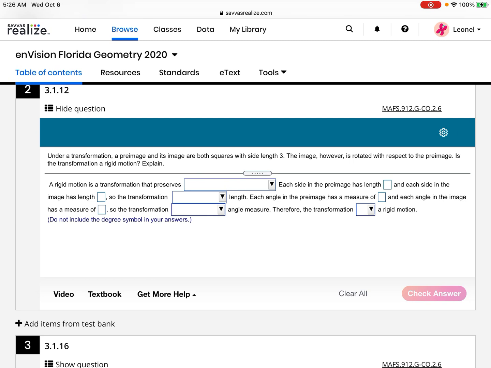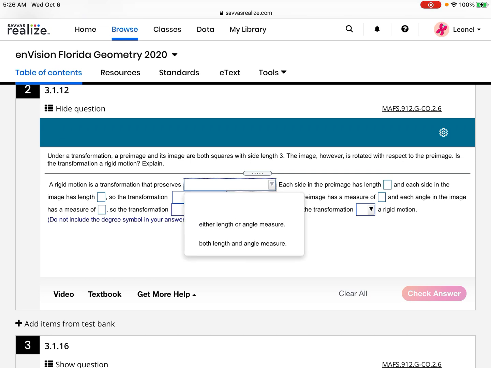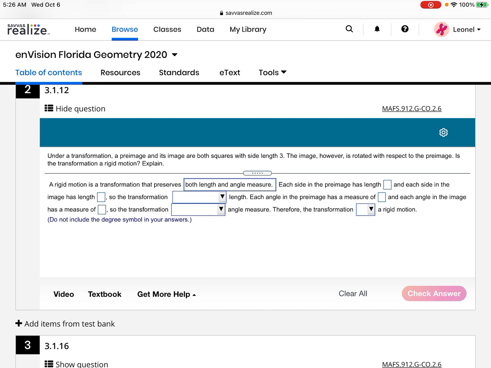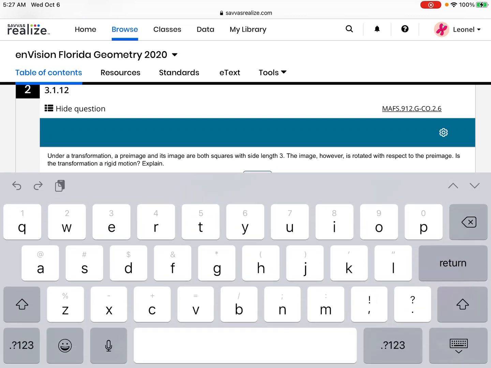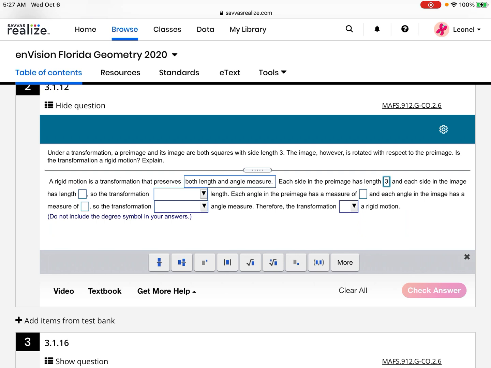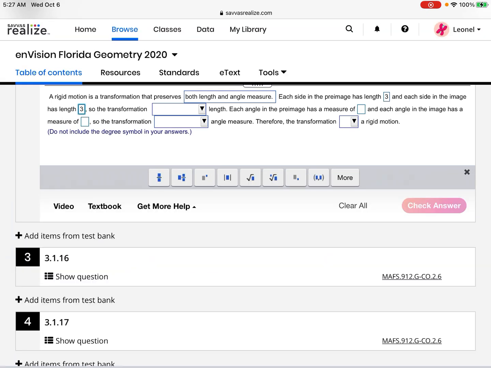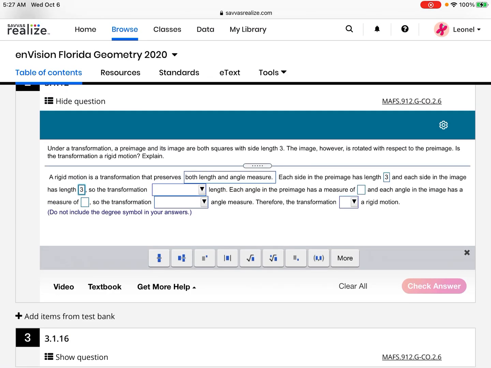Okay, so let's see. I'm going to go ahead and start looking at these at the bottom part. So it says a rigid motion is a transformation that preserves either length or angle, or both length and angle measure. So that would be that one. Okay, so it preserves size and shape. So you can think of size as corresponding to length, and shape as corresponding to angle measure. Each side in the preimage has length 3, because it was a square with side length 3. And each side in the image has length 3, again, because it was a square. So the transformation